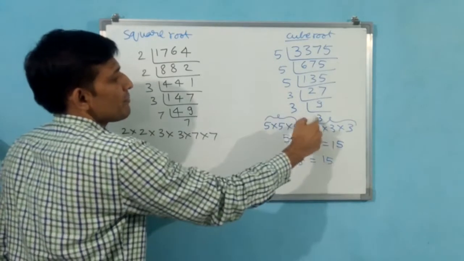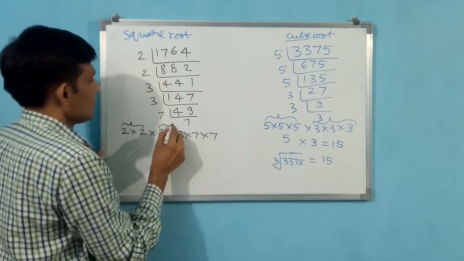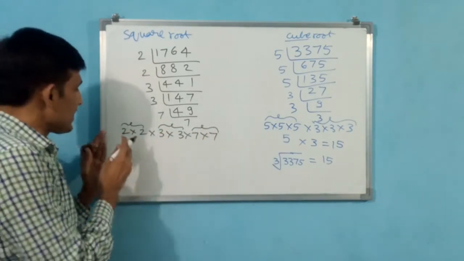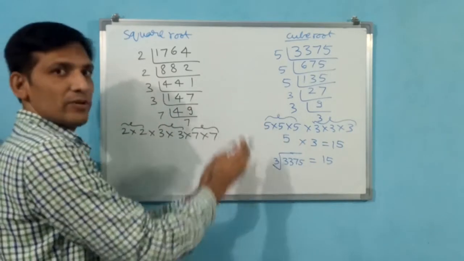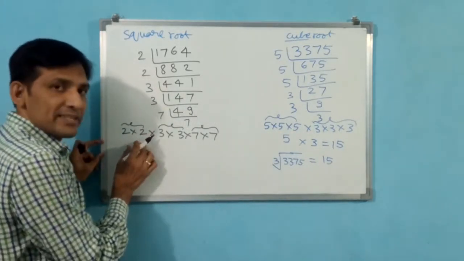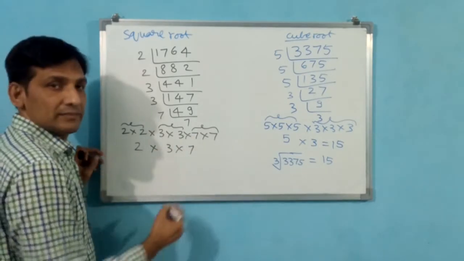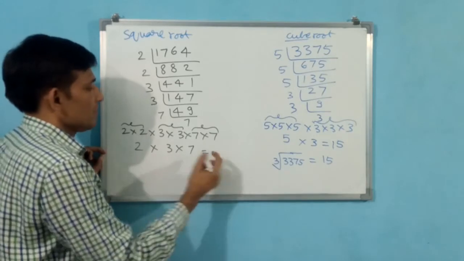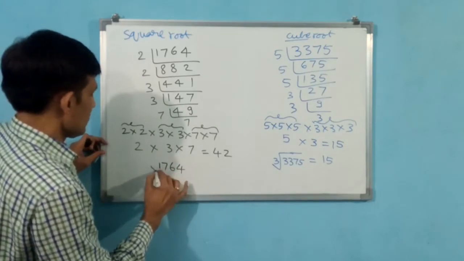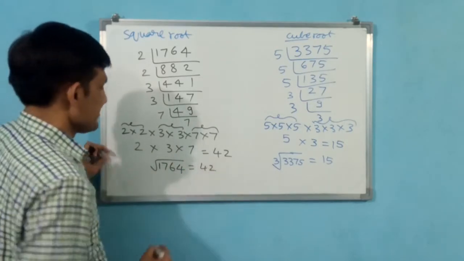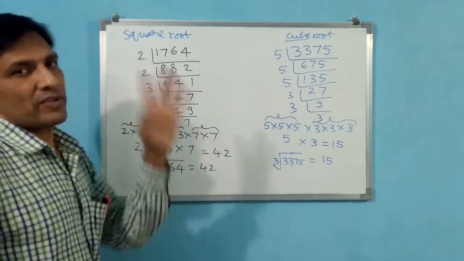Here for cube root, 3 digits we have paired. Now you have to pair 2 square. 2 2 2. While pairing you should pair 2 and 2 only, not 2 and 3. 2 2, 3 3, 7 7, 5 5, like that you have to pair. For each pair, only one digit you have to take. 2 3 7 6 42. Okay, that means 1764 square root is equal to 42. This is answer. Cube root, square root by factorization method.